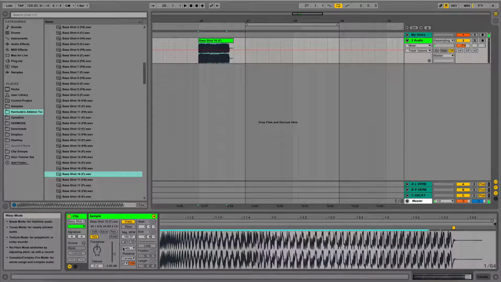Now, if you head on over to your warp modes, it's the texture mode that actually allows you to achieve this. Now what you have is a grain size, which as you stretch it will play back the sound in tiny little micro loops, little micro grains. And the flux is actually a random amount. Now this random amount is going to take away that FM style tone, but watch what happens if we stretch